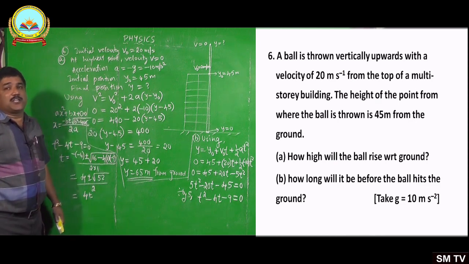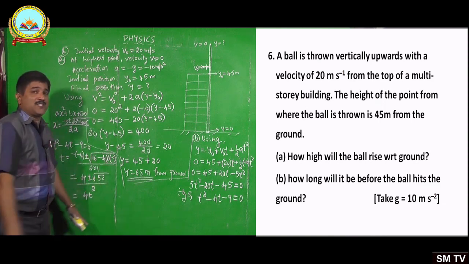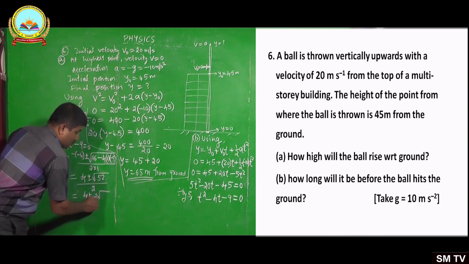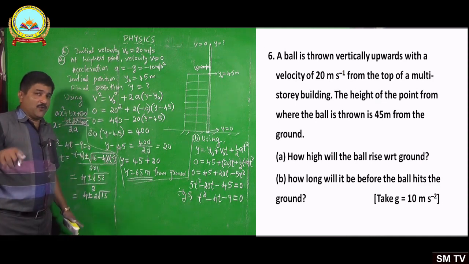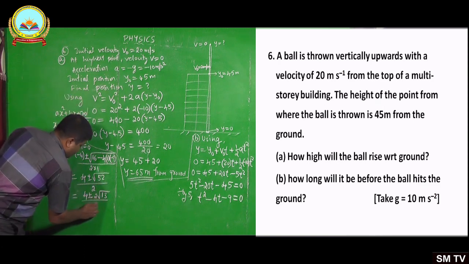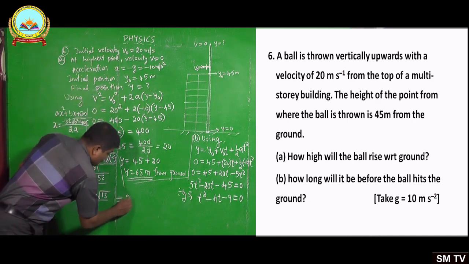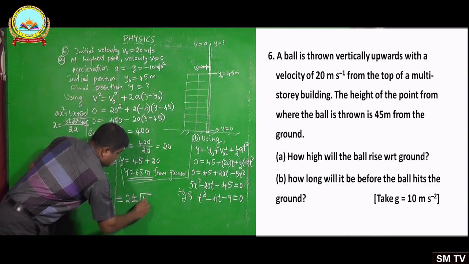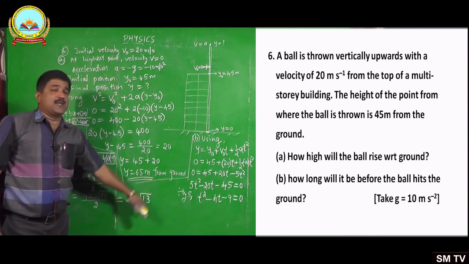4 plus or minus, 52 can be written as 13 into 4, and 4 comes outside the square root as 2. So it is plus or minus 2 root of 13. 52 can be written as 13 fours and 4 will come outside the square root as 2. Then it is 2 here. Now cancel. So you get 4 by 2 is 2 plus or minus, and this 2 and 2 cancel, root 13 remains. So these are the two values of time, 2 plus root 13 and 2 minus root 13.